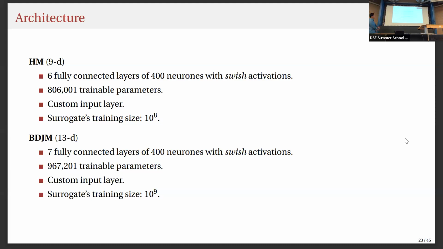Altogether, it's about 1 million trainable parameters. For the surrogate training, the training sample size is 10 to the 9. So this is not an easy task. We actually have to use a supercomputer to do it efficiently. But compared to, again, thinking about 10 to the 13, which is kind of the order of magnitude for